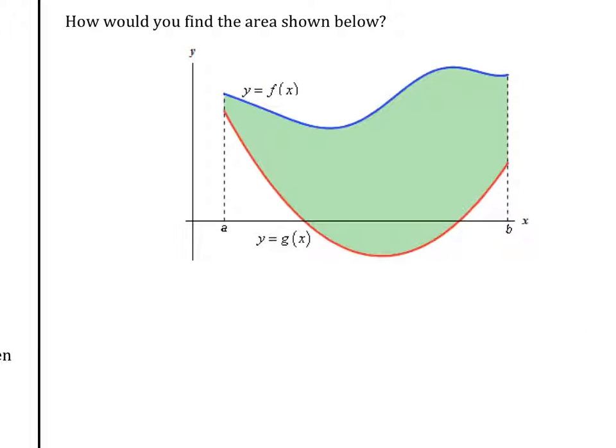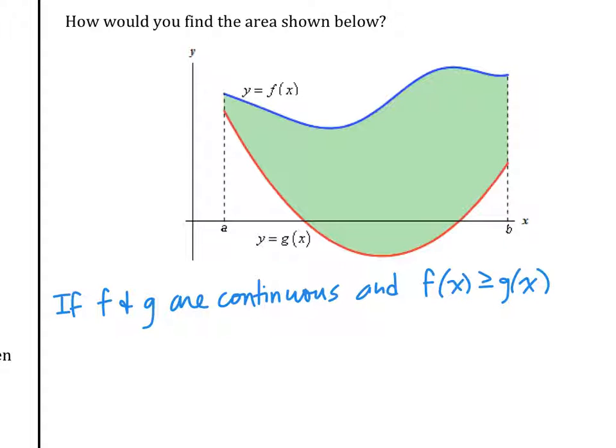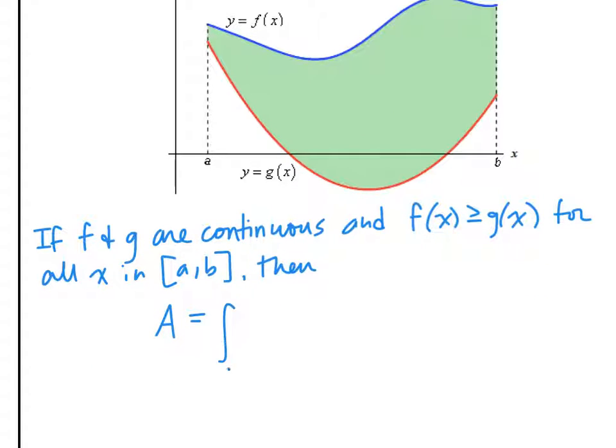So for the area from a to b, first of all, if f and g are continuous, bless you. Continuity is a very important part of calculus. We always want to check to see if it's continuous or not, and to check continuity, you have to go all the way back to chapter 2. So if f and g are continuous and f is bigger than g, meaning that f is higher than g, for all x in a to b,